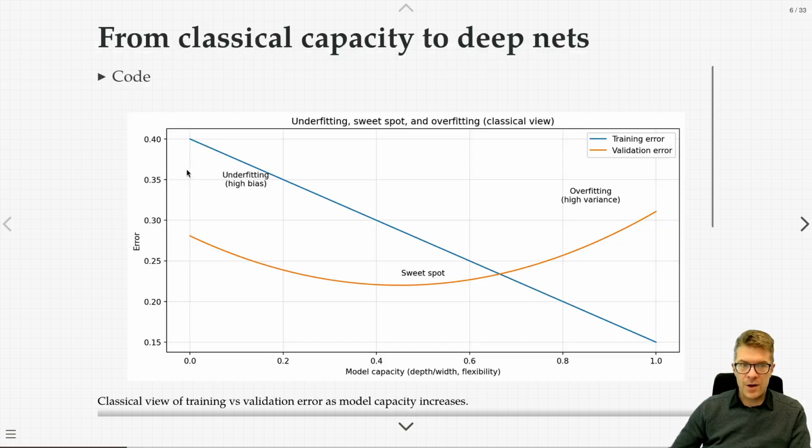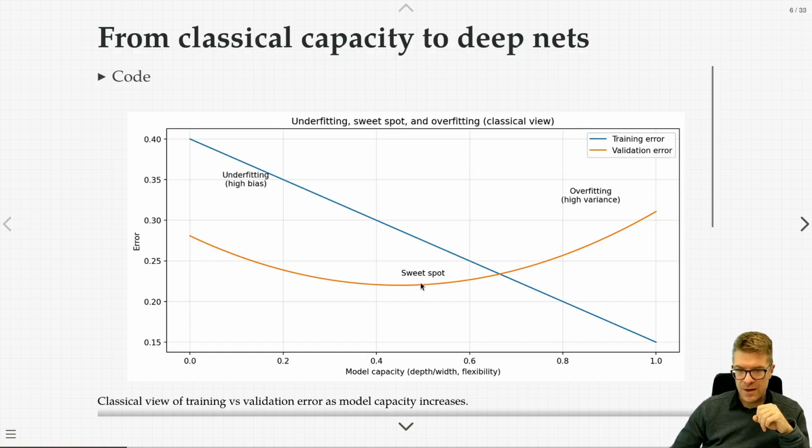The training error would go from underfitting, so too few parameters and too little capacity means you can't represent the complexity of the data, to better and better performance on training data. And for a while, you get better performance on validation data, so generalization works pretty well. But at some point, you start overfitting to the training data, you end up with this high variance problem, and you don't want that. The whole name of the game is generalization.